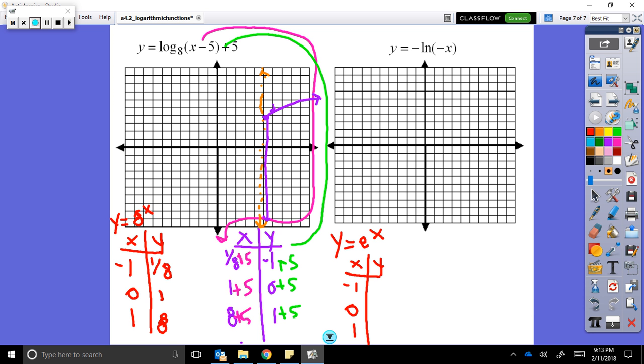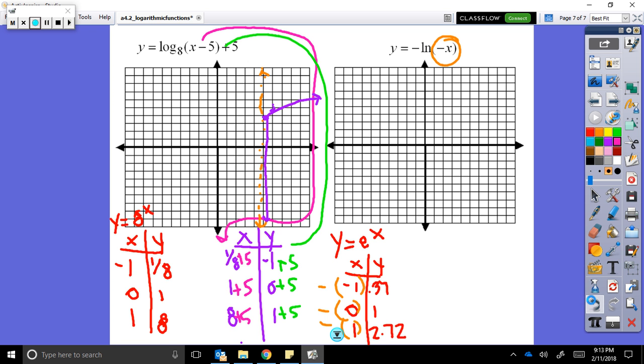Alright, so the t-chart that you should build for the e, I got, when I plugged in -1, I got 0.37, and I'm just estimating. 0 is 1, because 0 is always 1, and then 2.72. Okay? So then what do these negative signs do? Well, this negative sign goes on my x. So negative, negative, negative. Okay, this negative sign,